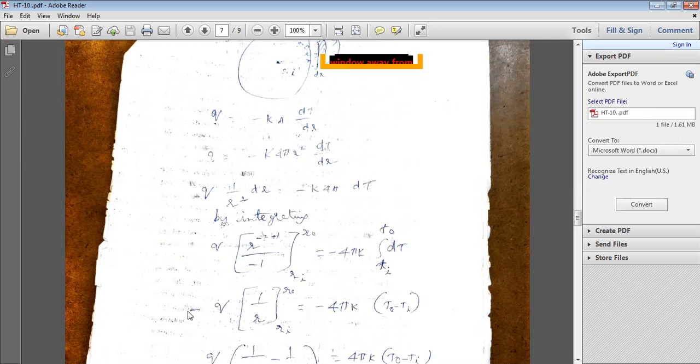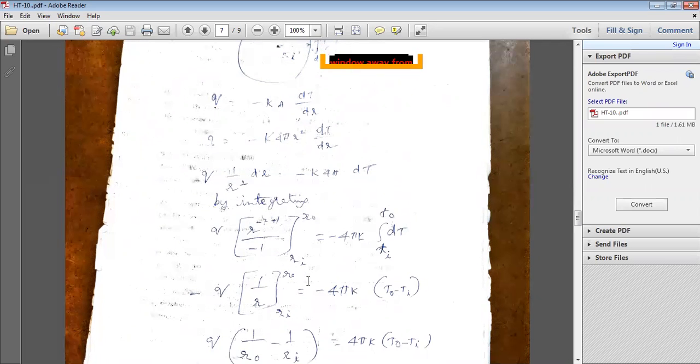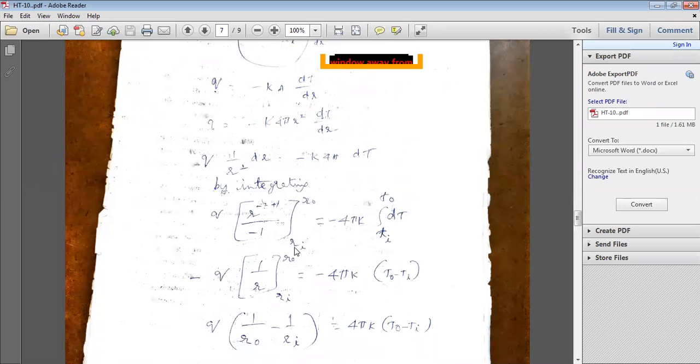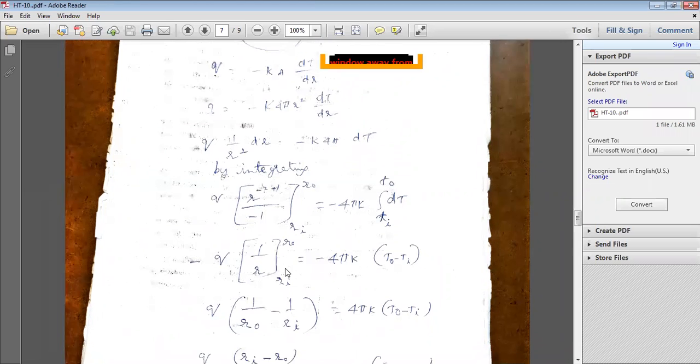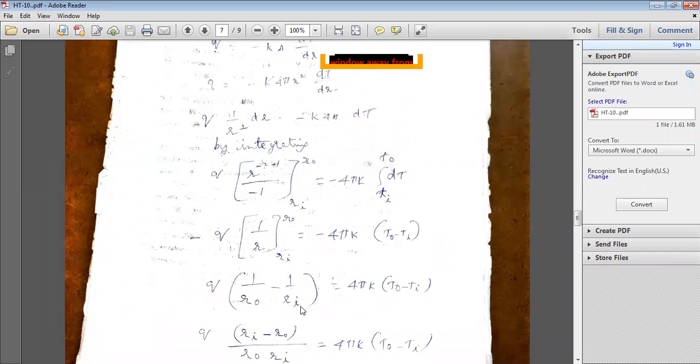That's why take the minus outside: Q into 1 by r from the limits Ri to Ro, equals minus 4 pi K into T, and substituting the limits, To minus Ti, outside temperature minus inside temperature. So this minus gets cancelled. Q into 1 by Ro minus 1 by Ri,